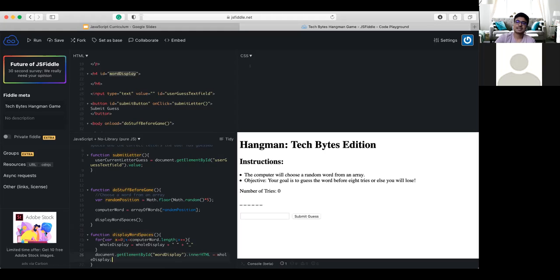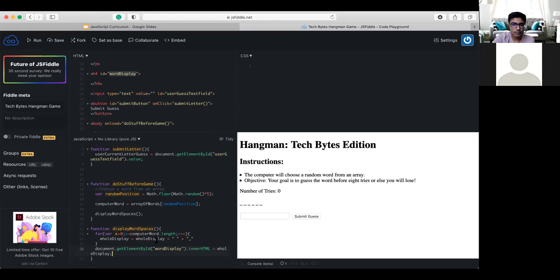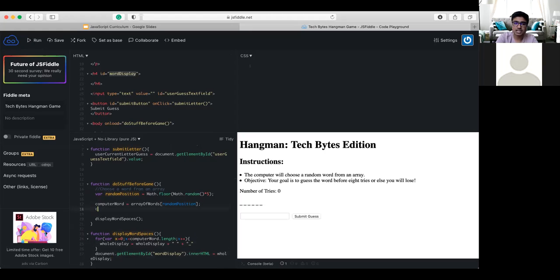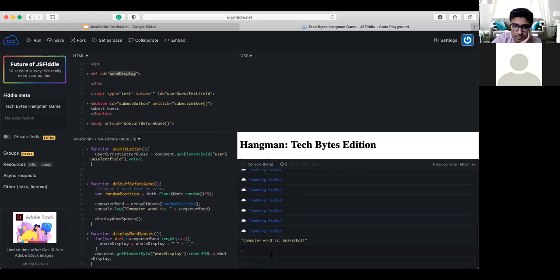All right. So now, guys, if I hit run, how about we log out what our word is and check if it correctly did it. So I'll do console.log, computer word is, just so that we can compare if our code is working correctly. Hit run. Let's see what the word is. The computer word is basketball.